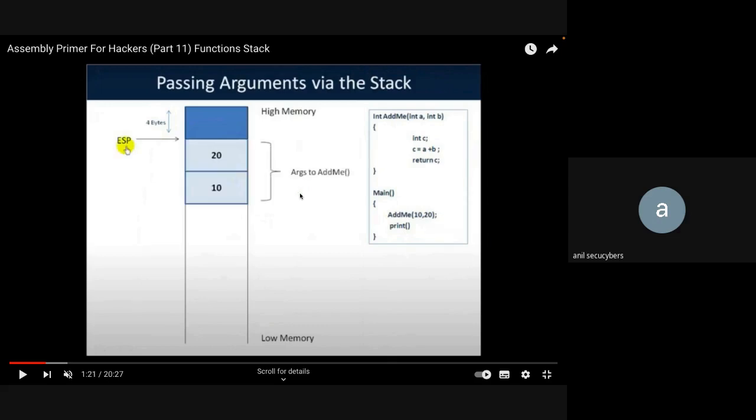Okay. So what will happen is that before this function is called, A and B, the arguments 10 and 20 over here that are being passed to the function, is actually